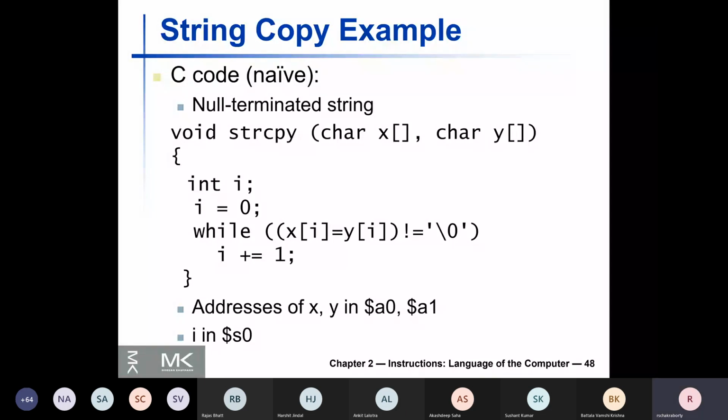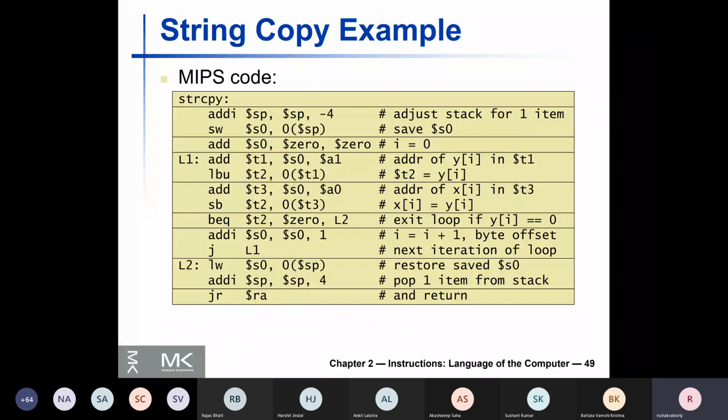or the procedure. Very simple logic. You have decided to use S0, so you have to first save S0, and this is not a recursive procedure, it's a leaf procedure, so just a single loop will perform the operation. You first push down the stack pointer by 4 bytes and you store the current contents of S0 on memory and save it there. Then you initialize S0 to 0. Then you run a loop marked with L1.